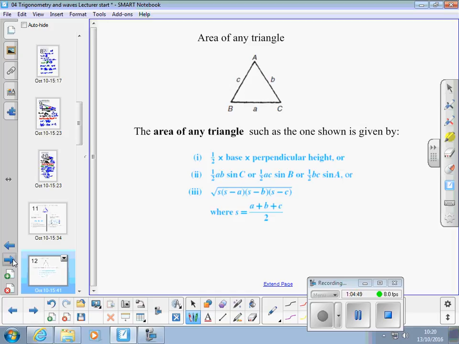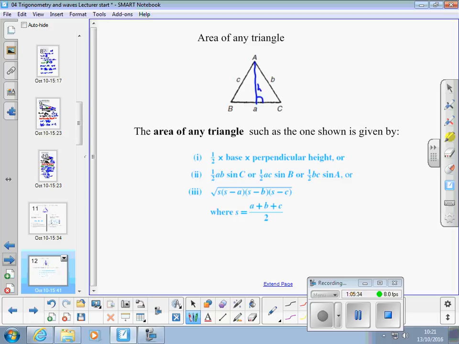Also, gentlemen, we can find the area of any triangle in one of three ways. If we know the perpendicular height, here, for instance, we can use half times the base times the perpendicular height to find the area. Or we can use half ab sine C, half ac sine B, or half bc sine A. Or we can use that extra formula down there where, if we know all three sides, we calculate the perimeter, the distance all the way round, and divide it by 2,